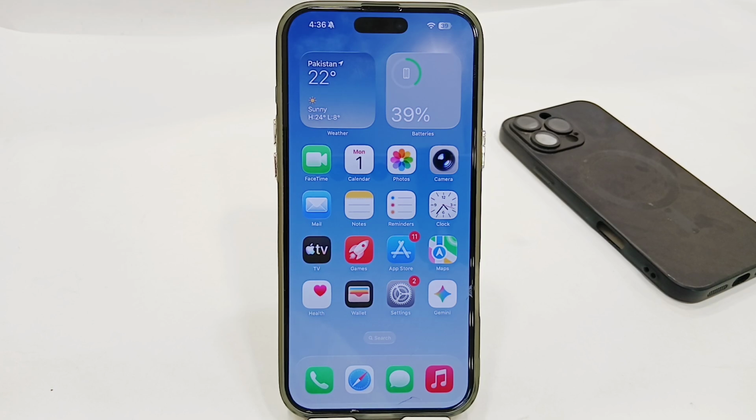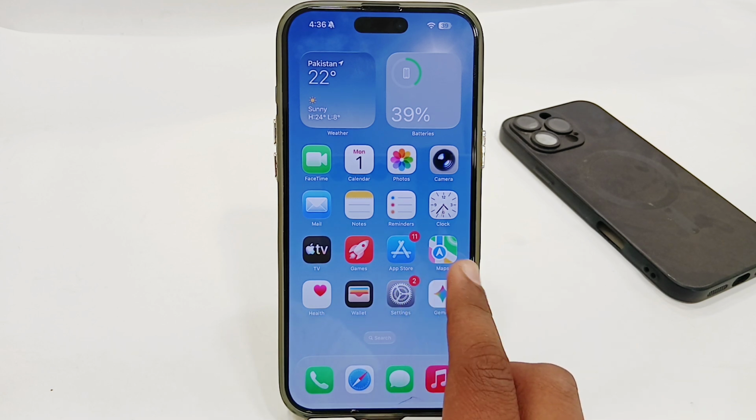Hey guys, today I'm going to tell you how to permanently delete a Facebook account. If you're using Facebook and you want to delete your Facebook account, let's see how you can do that. You have to simply open your Facebook app,